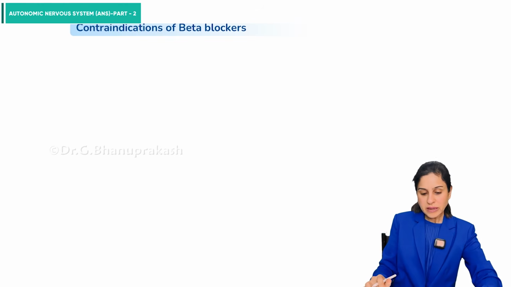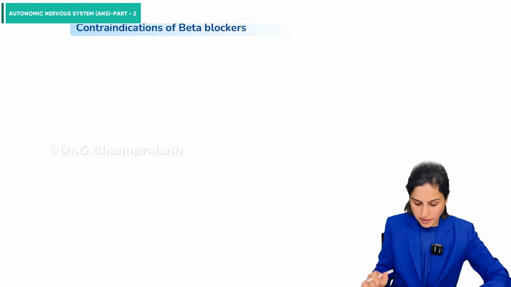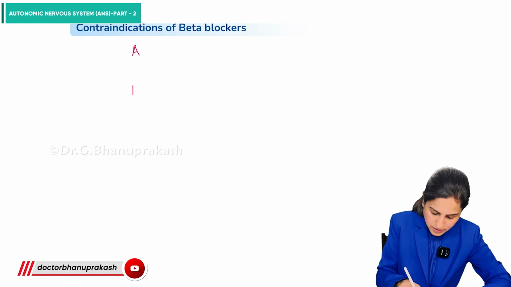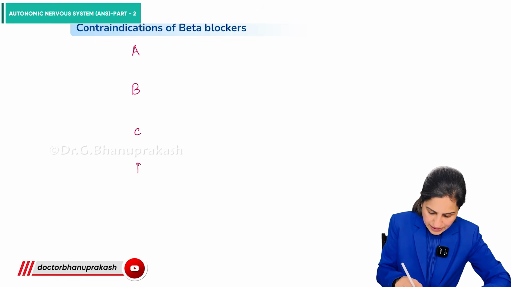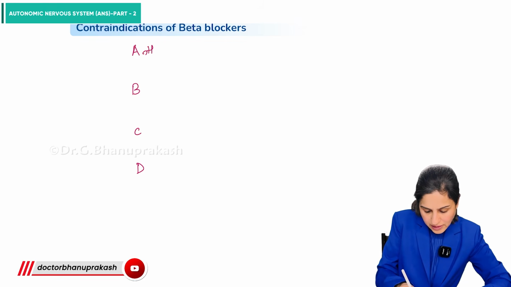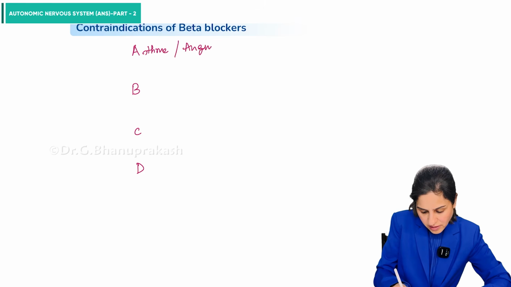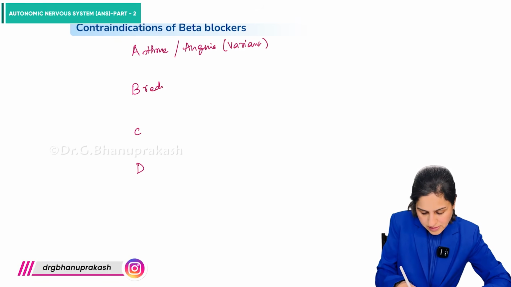Contraindications to the use of beta blockers are equally important. So let's do the contraindications. We have A, B, C and D. So A is asthma and angina. Angina, which one? Variant angina. B is bradycardia,